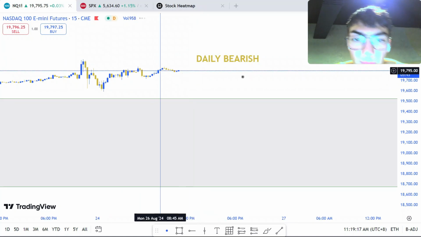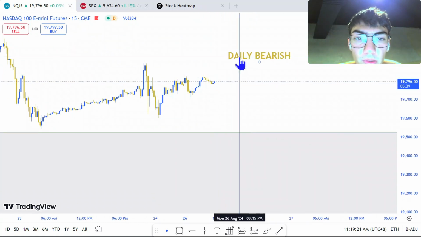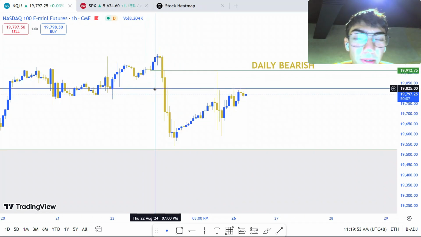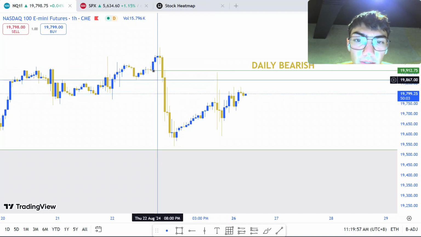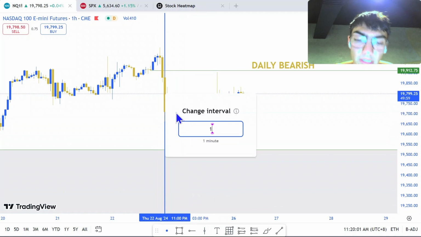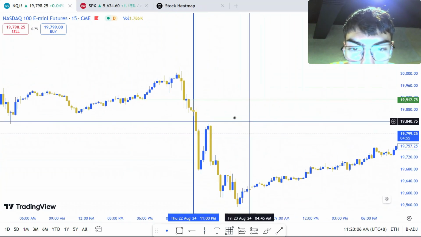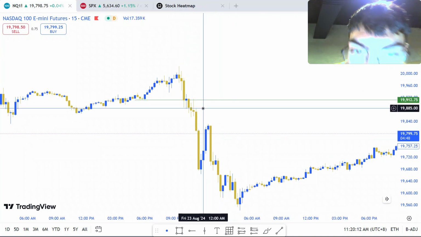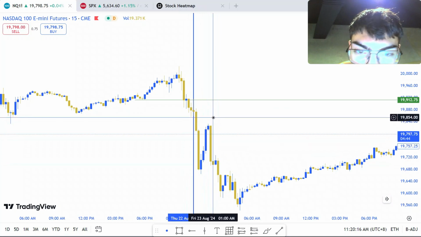So 15 minute, it's going up a little bit. Let me just break it down for you guys here. A down candle and an up candle is a low. So we know that this candle was the break of structure. Then we go to the next candle. Let's go to the 15-minute time frame. Is there an entry here? Do I see an entry? Yes, the 15-minute broke structure.